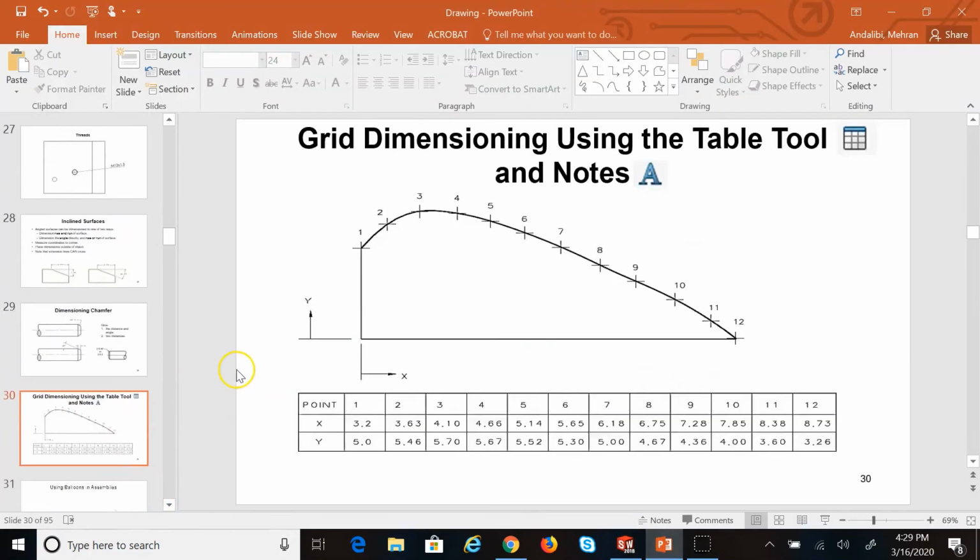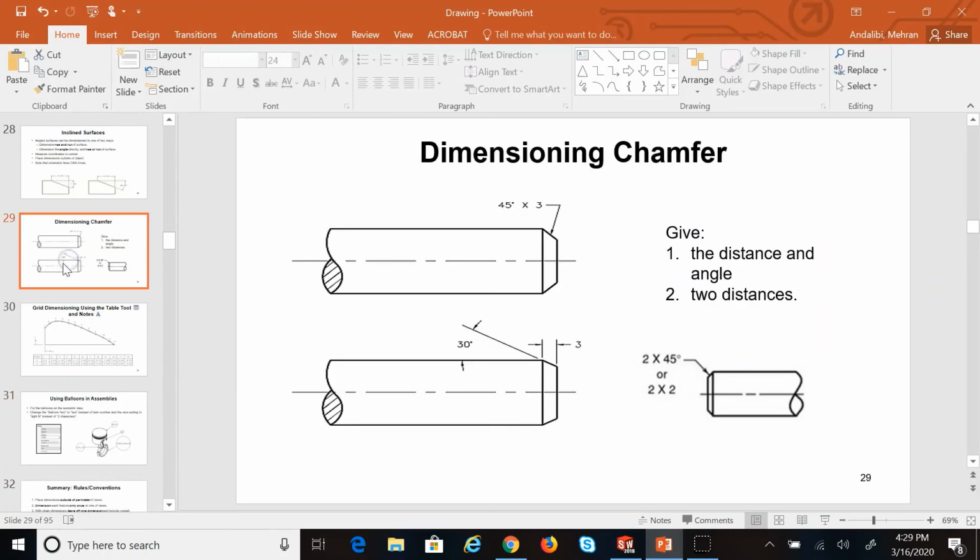Then we go to chamfer. Now, a chamfer is an inclined surface, but a small one whose only purpose is to remove a sharp corner. So it's quite different from an inclined surface. So when you want to show a chamfer, instead of showing the